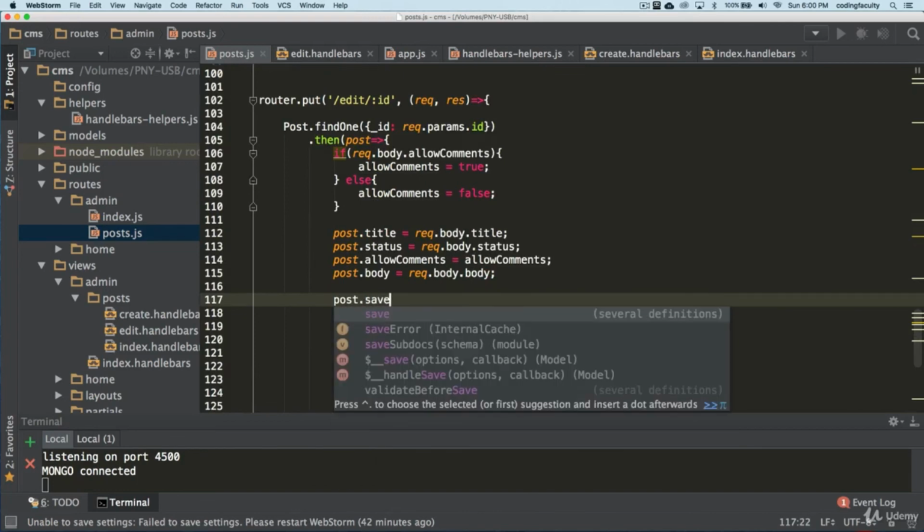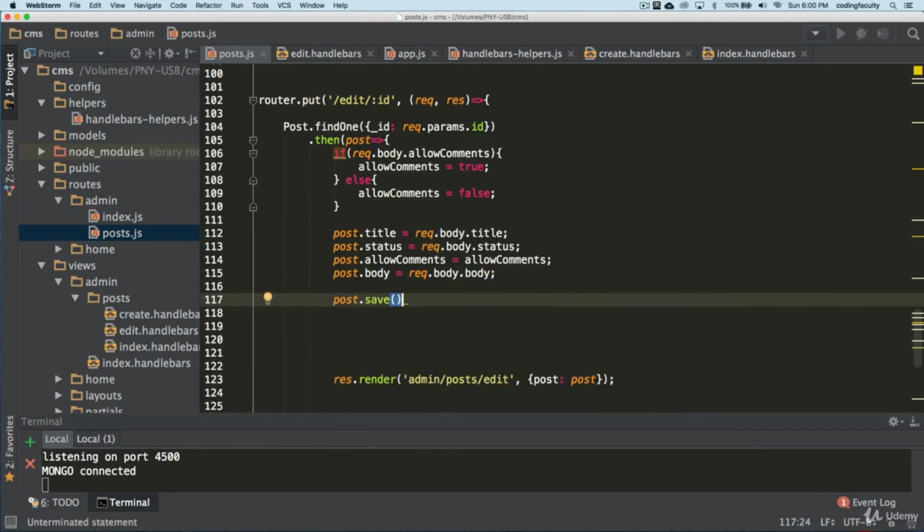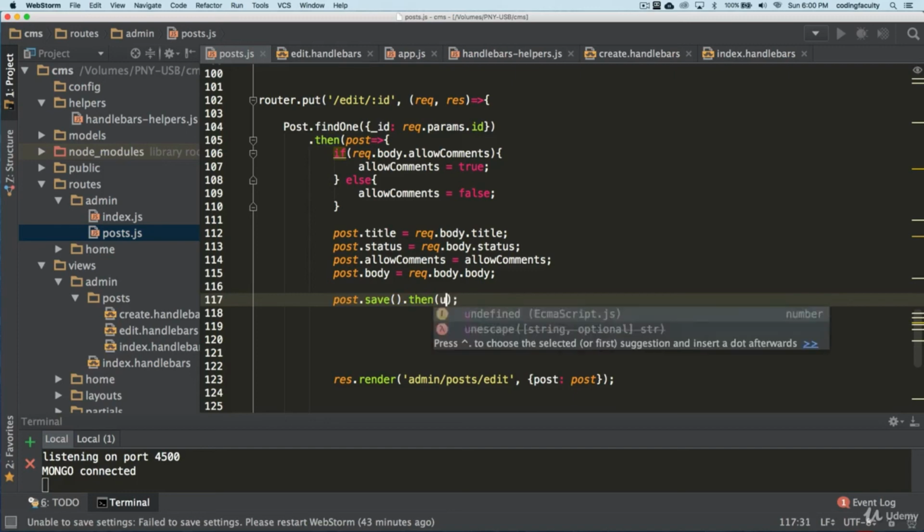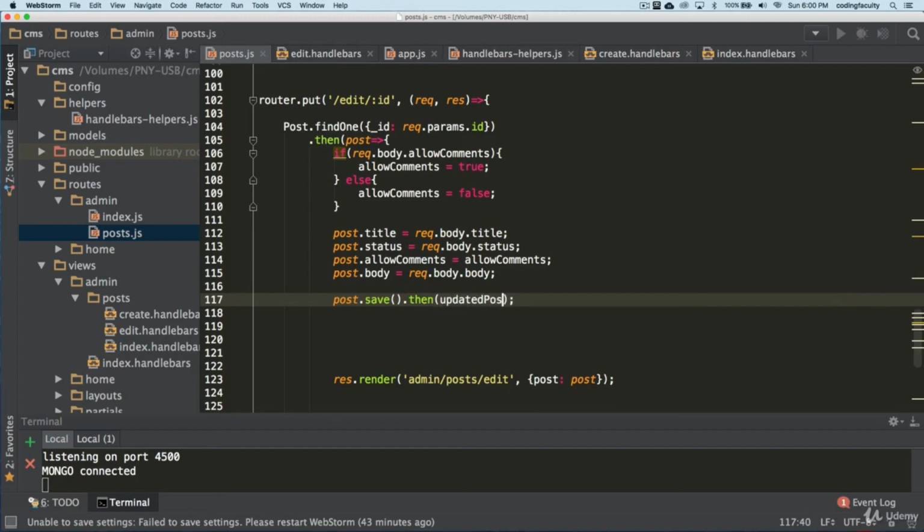So we're going to grab the post and we're going to use a method that Mongoose provides called save. This is not going to save unless we use the then. And then here we have the saved post or updated post response, right?